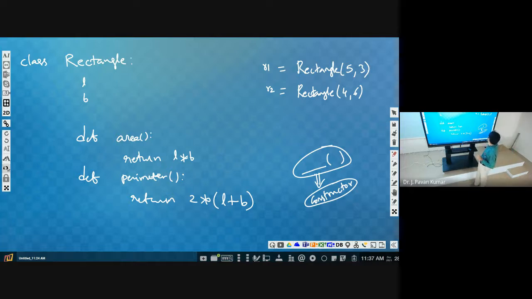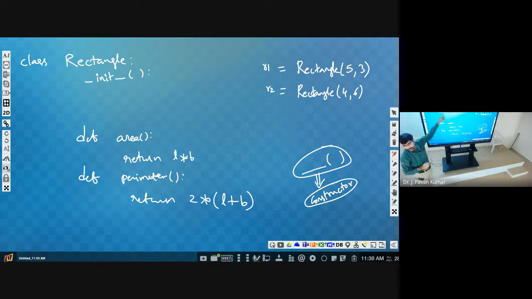That can be done by using the function called init. There is a function called init, written like this: underscore underscore init underscore underscore, then parenthesis, then colon.